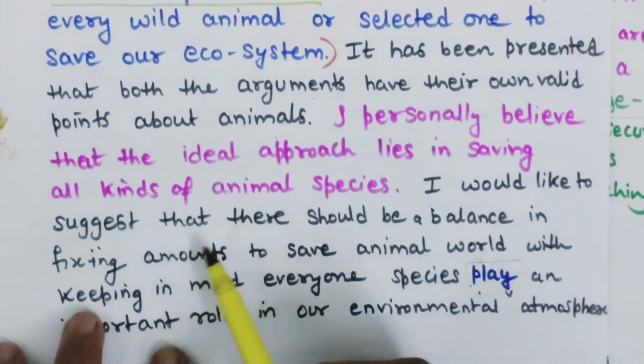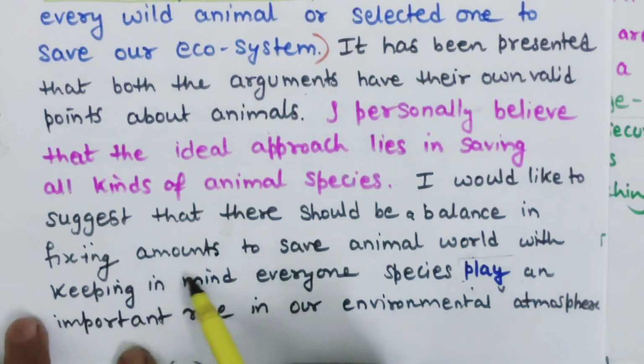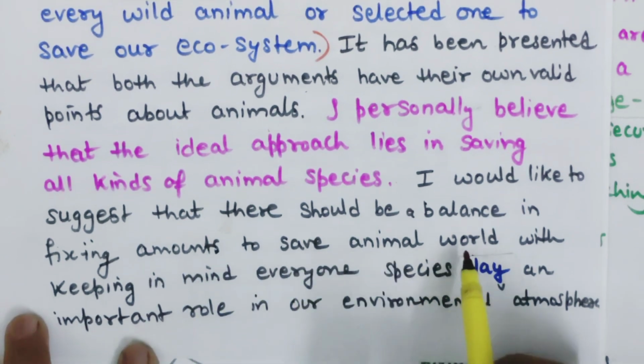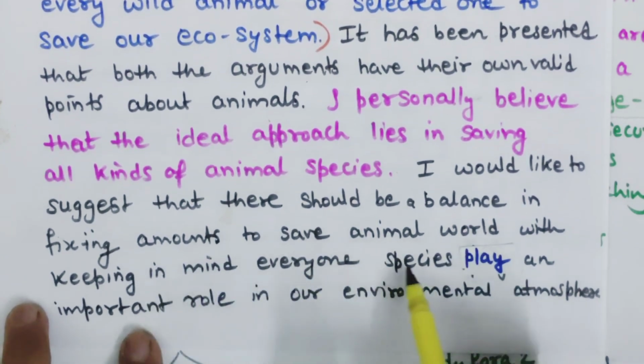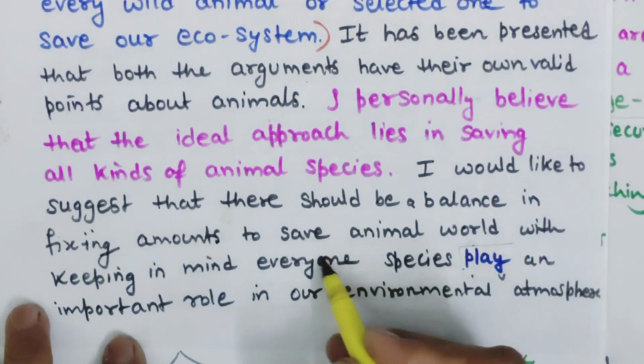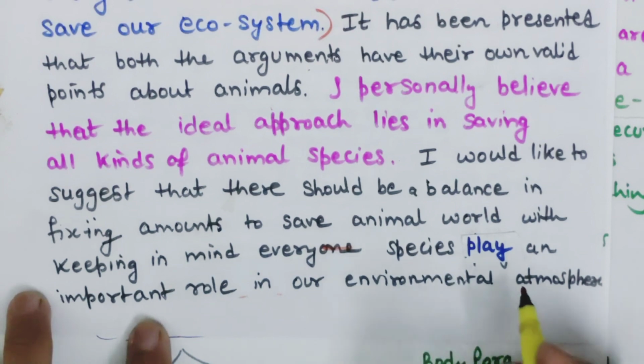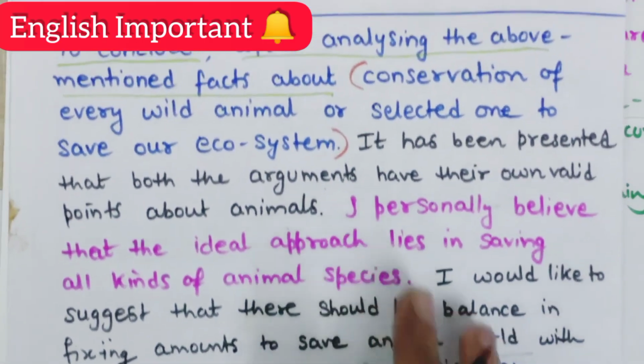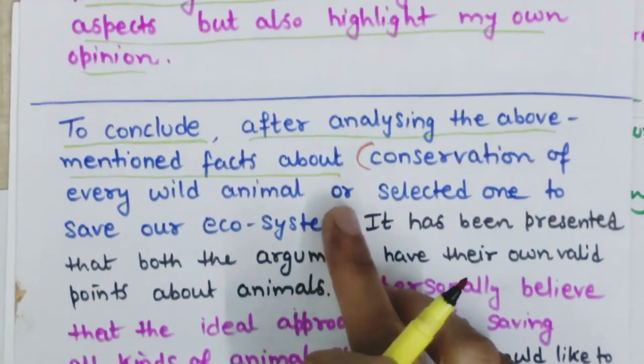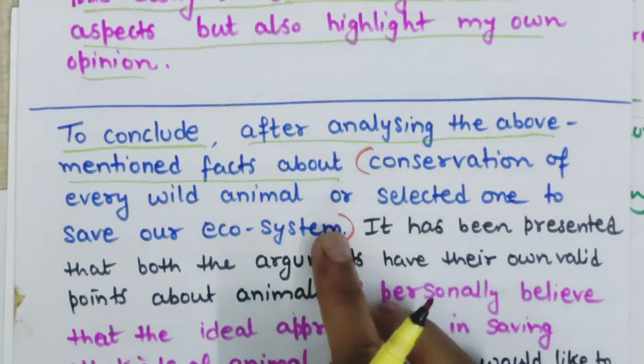I would like to suggest that there should be a balance in fixing amounts to save the animal world, keeping in mind every species plays an important role in our environmental atmosphere. Okay, so here, if you want to write, this is good, if you want to write reasons also,